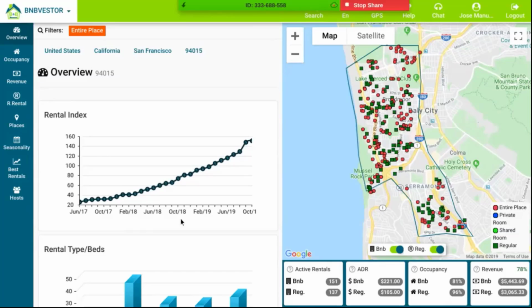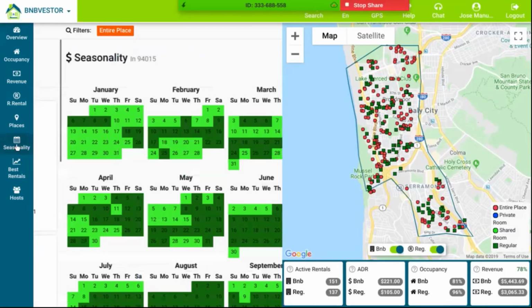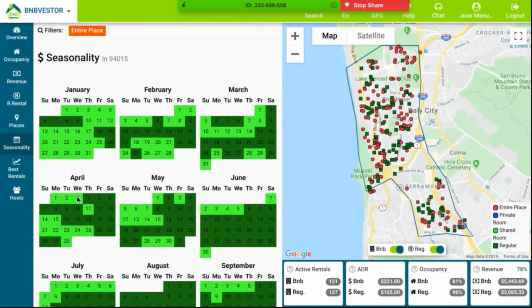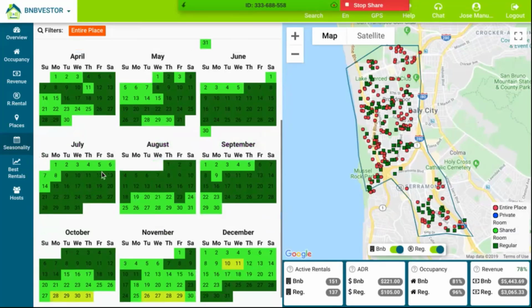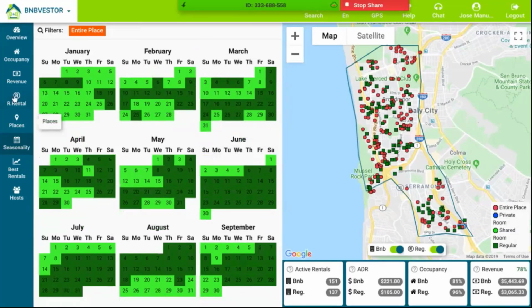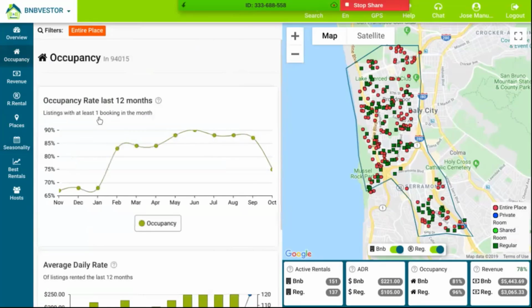Now let's check a little bit more. If you want to learn about how the seasonality in this specific zip code works, here we have it. Let's go for the occupation. Wow, it looks like this zip code is busy, occupied all year long.